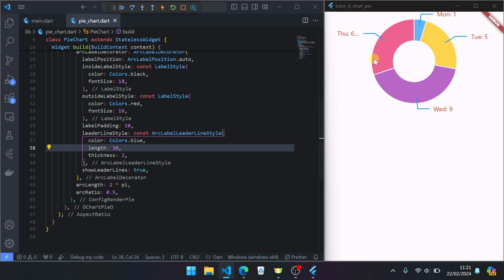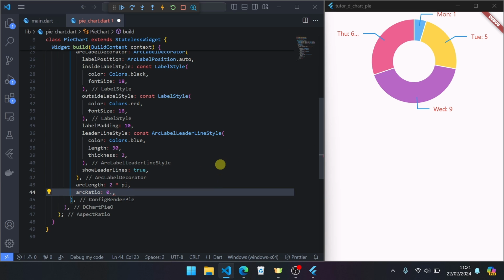Arc ratio is the length from the center to the outside. So if you set 0.5 it will be half. If you set 0.25 it will be a quarter, or 25% of the width from outside to center.